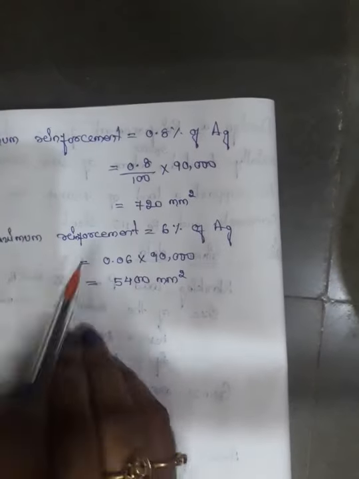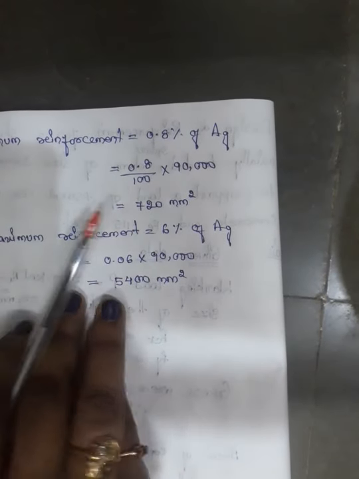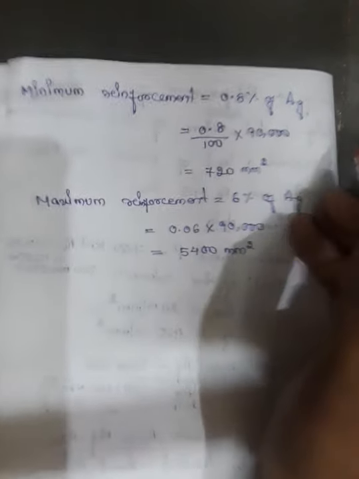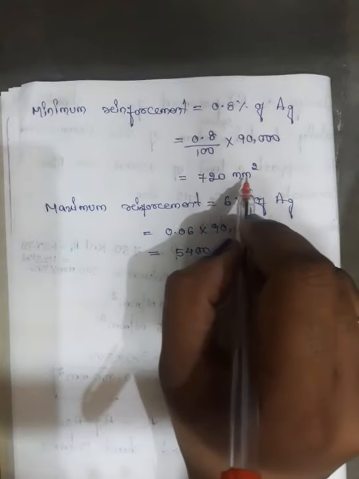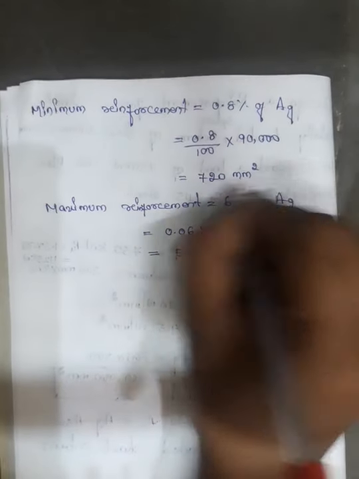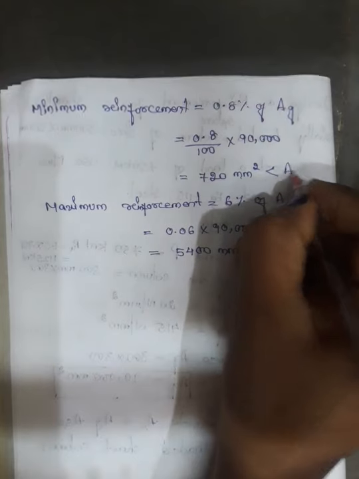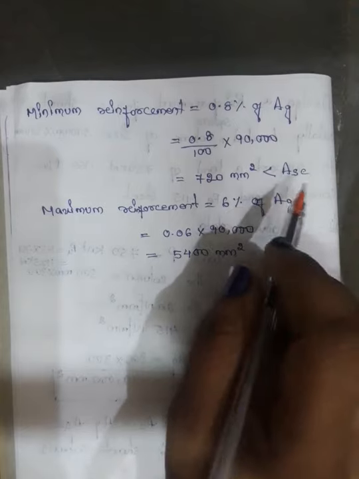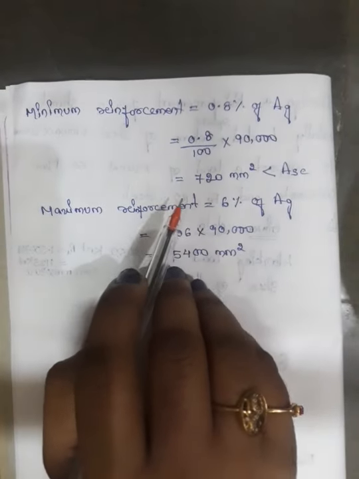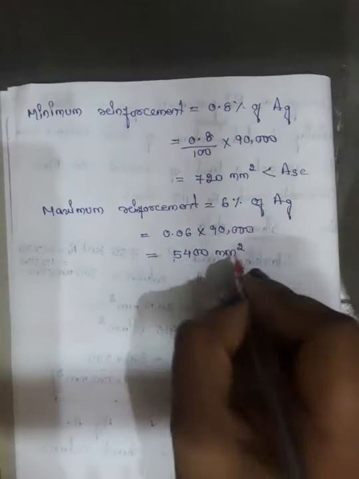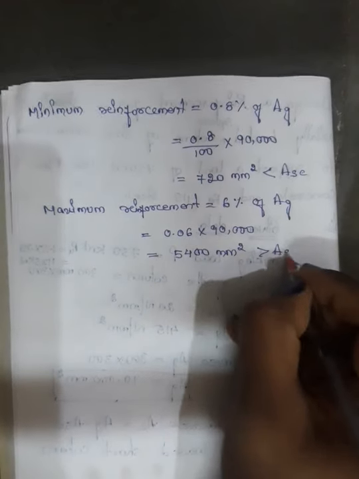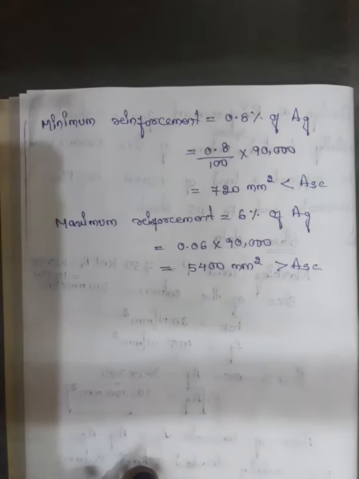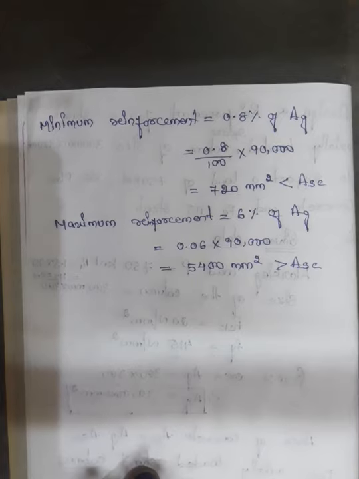Asc is equal to... So that should be more than the minimum reinforcement required and less than the maximum reinforcement. So our Asc is greater than this. We have got 720 here, whereas our Asc is 1499.5, and this is less than the maximum. So it is satisfying the considerations. So we can move further now.